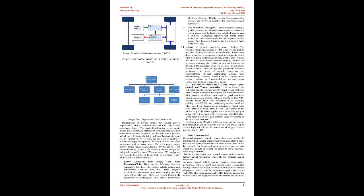3. Data driven method. The onboard computer samples sensor data input within 10 milliseconds of steering angle, wheel speed, acceleration, and pedal brake, and estimates how each individual vehicle wheel speed should be operated. Onboard equipment monitoring systems have direct and discrete or continuous access to sensor readings, collecting time series. To characterize a system or a physical process for detecting faults or deviations, various types of physical properties can be